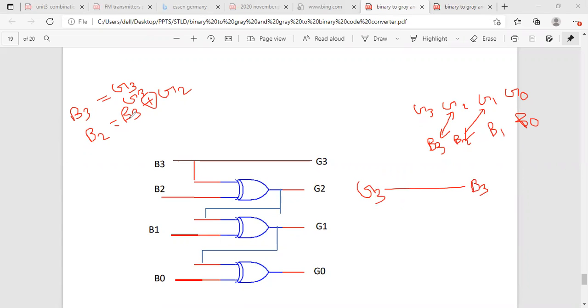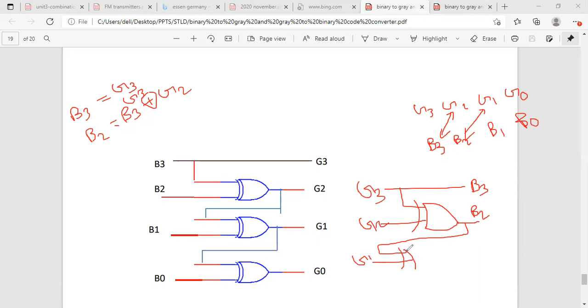Okay. And then you have to draw B2. What is B2? This one is B3 and this one is G2. So you will get B2 here. And next, B1. What is B1? B1 comes from B2 and G1, this one is G1. Always the output is connected to the input.